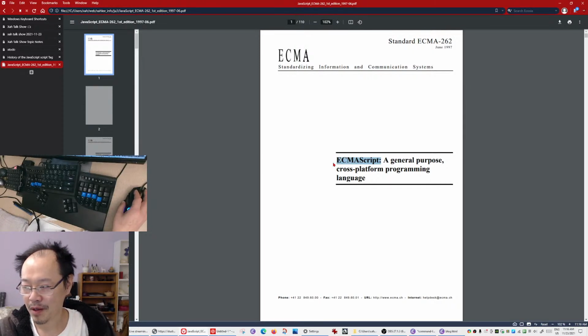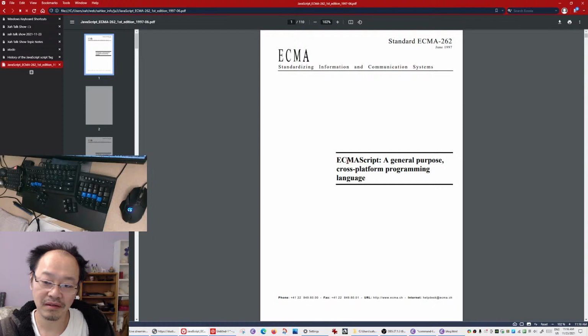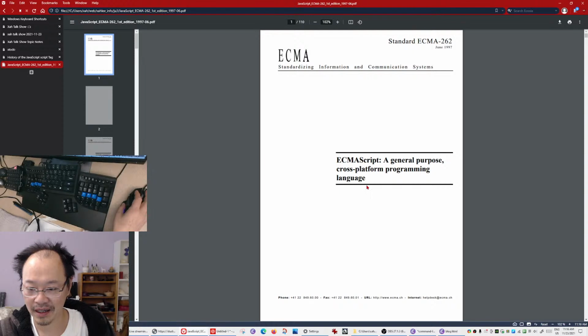So why do they name it ECMAScript and not JavaScript? Well, I guess because JavaScript was trademarked by Netscape. So there are a lot of selfish reasons. If Netscape really wanted to benefit humanity and all that, they should just... I mean, why is there all this complexity? Why do you have JavaScript, JScript, ECMAScript? It's all confusing. And JavaScript has nothing to do with Java, the language. But why is it named JavaScript?